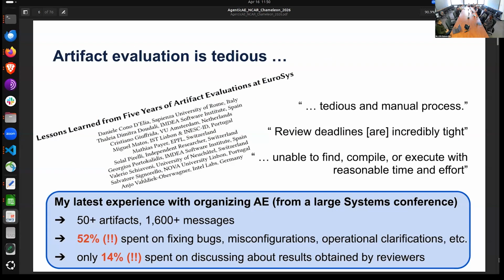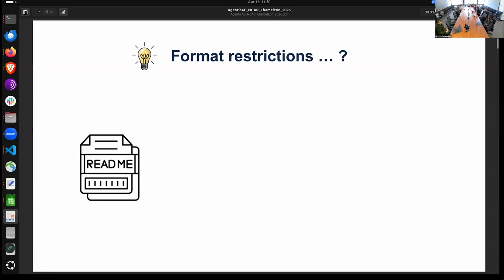So given these numbers and given this much time spent on operational things instead of functional things, instead of the science itself, we can ask the question, what can we do about it? And we have somewhat of a solution for papers. We ask authors to submit papers in a certain format. We restrict the number of pages. We restrict the font. We restrict the space between rows and margins and whatnot. And we could do something similar for